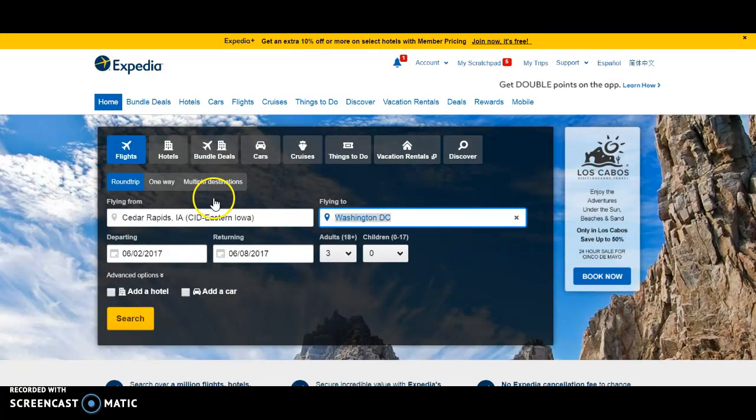So this is Expedia, and you'll notice you can look for flights and hotels or bundle deals. We're just going to look at flights for right now. So flights is highlighted. I clicked on round trip. I said I'm flying from Cedar Rapids, and there's that code. Okay? And I'm flying to, and if I type in here,